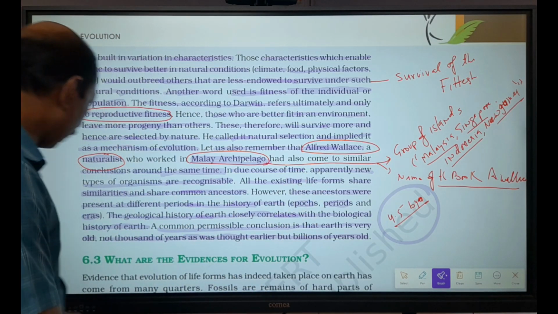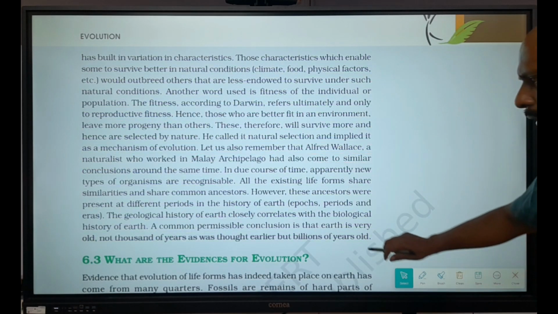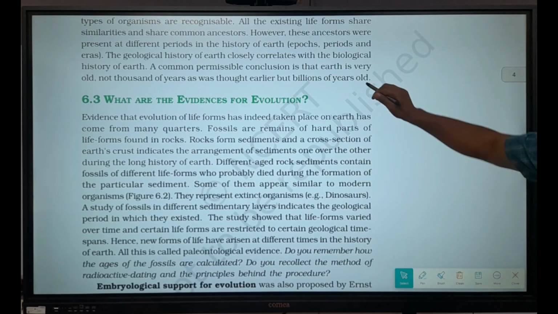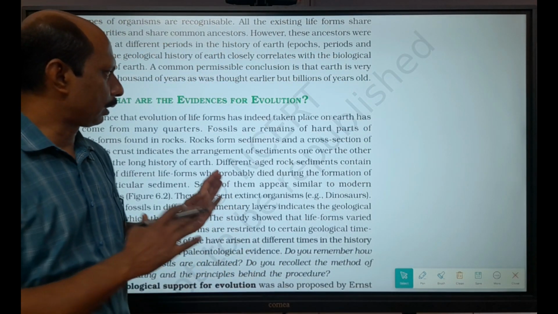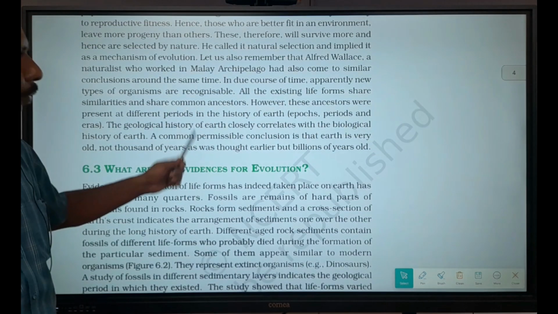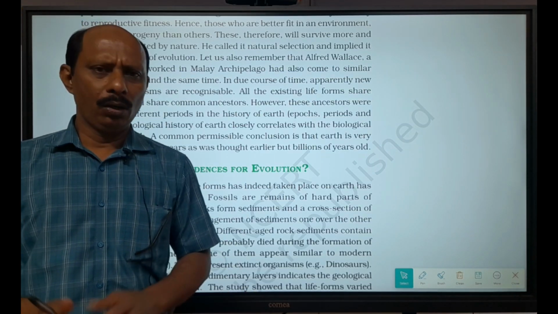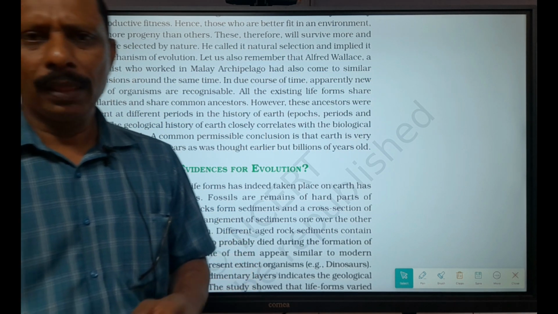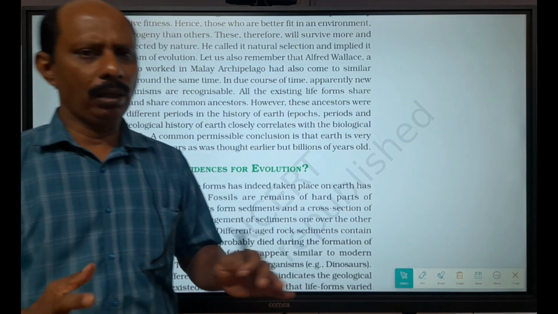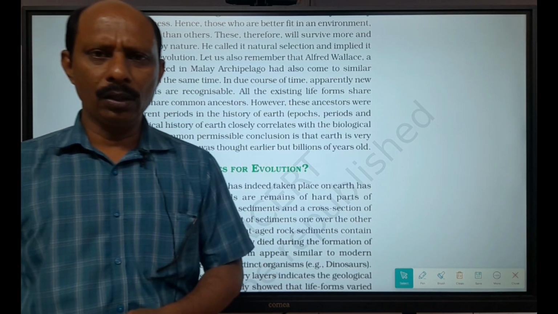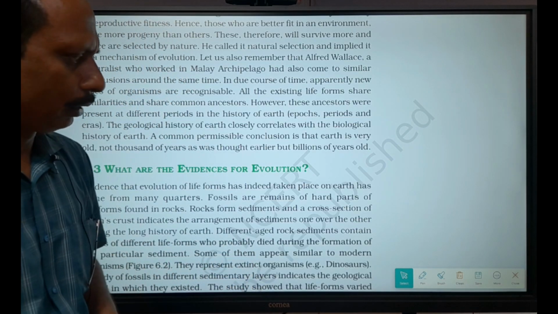Okay. Next time we will discuss the evidences of evolution. If you have any doubt in today's lecture, you can ask. It is only history, and you have to read. Only NCERT is important for you for the NEET examination. Some concepts we are going outside NCERT, but these are also important to clear the concepts. If you have any doubt, you can ask simply. Thanks.